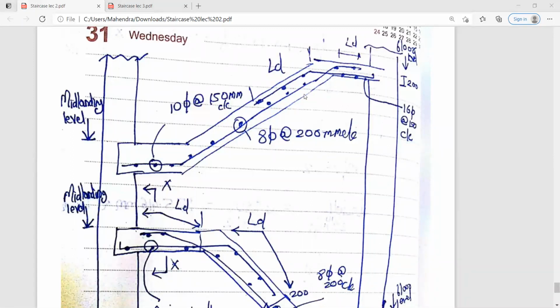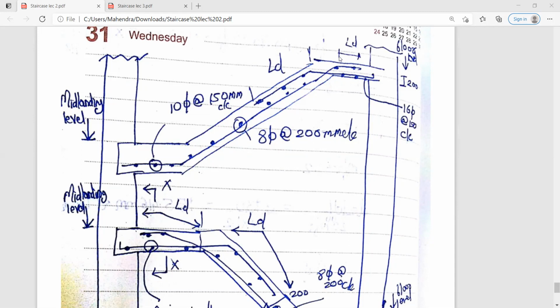Okay. So the main reinforcement for landing and mid landing, आपने provide की थी 16 phi at the rate of 150 millimeter center to center. So that's what they are given over here. The main reinforcement for the landing and mid landing is 16 millimeter diameter you had used at the rate of 150 millimeter center to center. And what is this 200? 200 is nothing but the depth of your waist slab. आपने डेप्थ कितना एज्यूम किया था 200. So that's what they are mentioned over here.